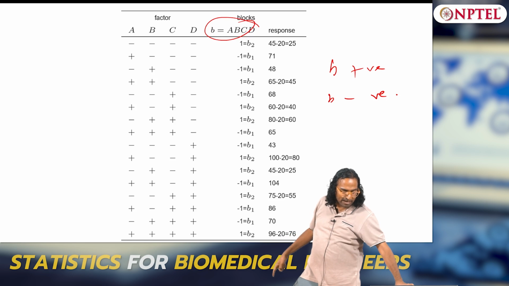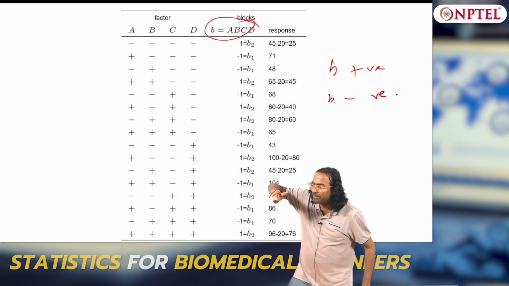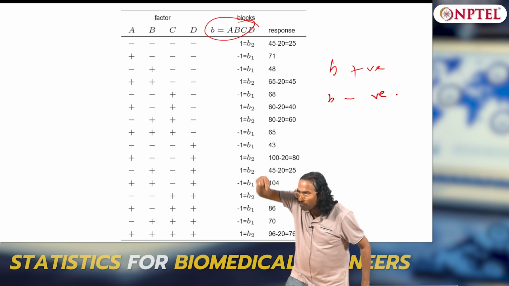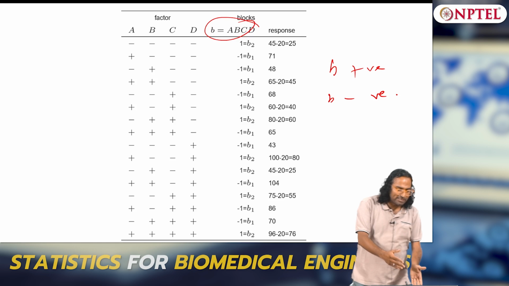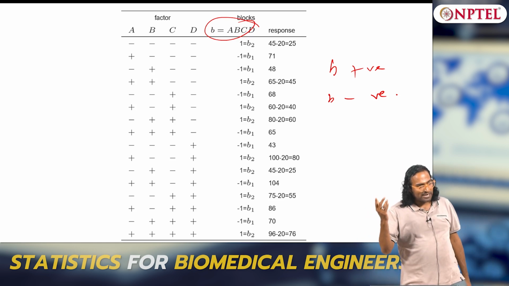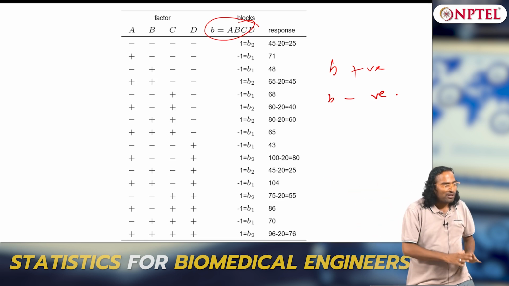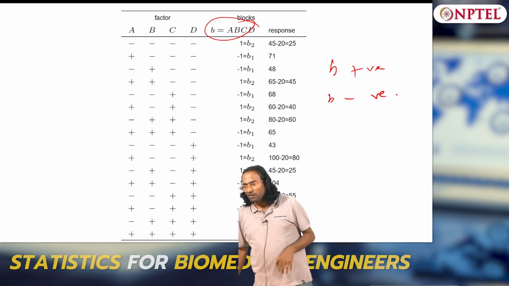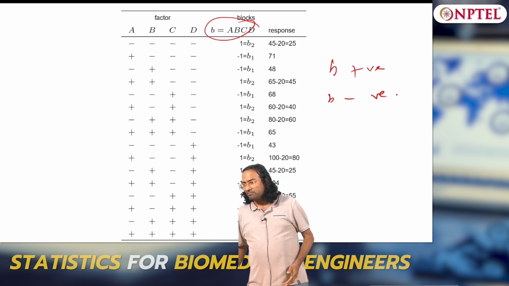So the 16 experiments can be split into 2 8s, instead of doing 32. The first 8 will be B equal to A, B, C, D positive, the second B equals to A, B, C, D negative. You understand, the 16 experiments itself is split into 8 plus 8, in the first 8 experiments the final interaction A, B, C, D term is positive and in the next 8 the A, B, C, D term is negative. That is how you split the 16 experiments into 2 8s. Ideally you should have had 32, but now you only have 16, and with 16 I need to do blocks, so you divide it into 8 and 8, clear.